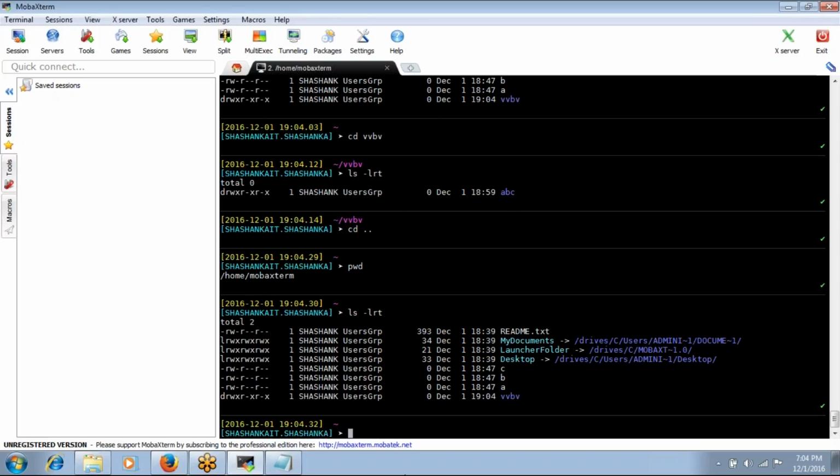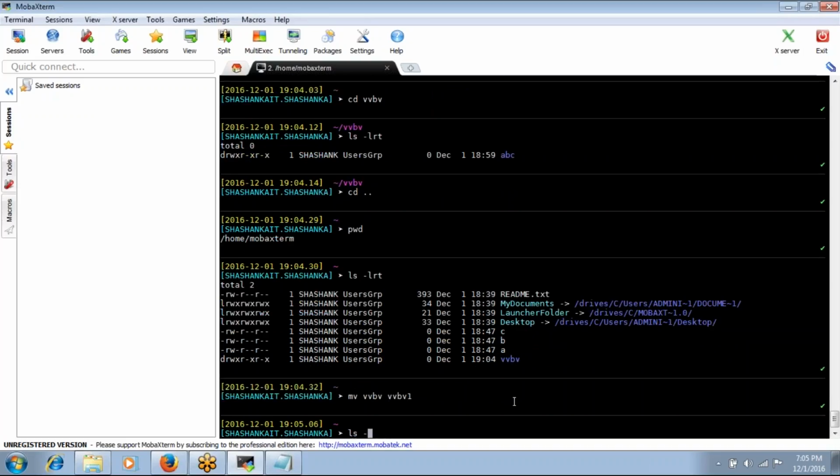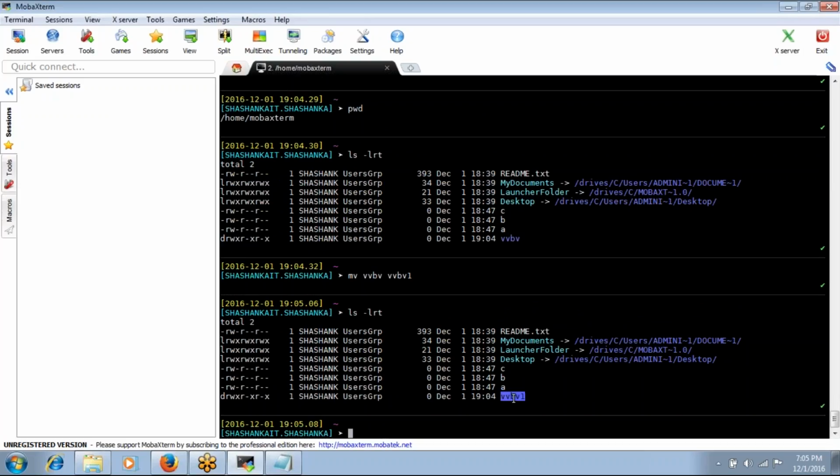No problem. Okay. Suppose, how will rename work? Suppose it is in the same directory. So mv VVBV to VVBV1. How will it work? It will work as a rename, right? Previously I moved the ABC directory to some other location, so that worked as an actual move. Here I am telling VVBV, this directory, I am giving VVBV1. So it will work as a rename, right? So this is about files and directories.